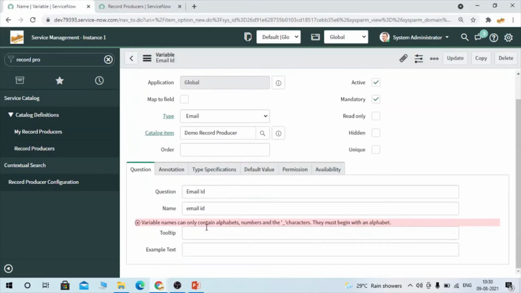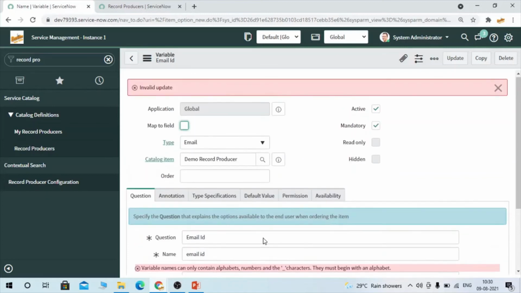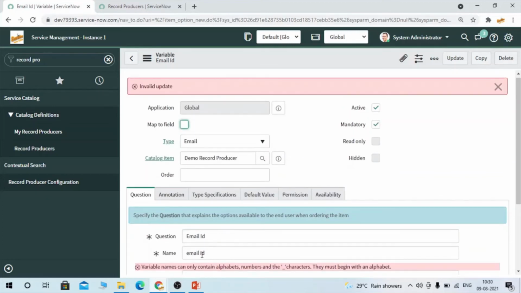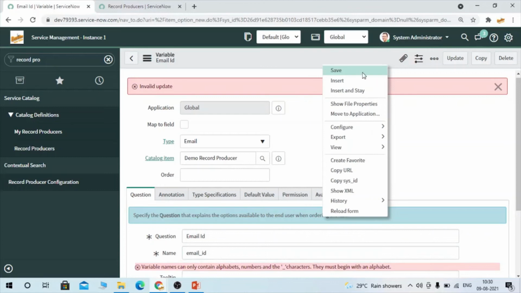The variable name can only contain certain characters; there should be no gap in the name, so that is the reason.